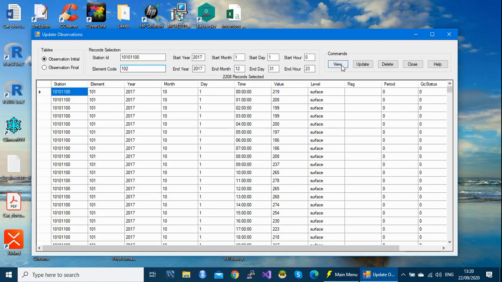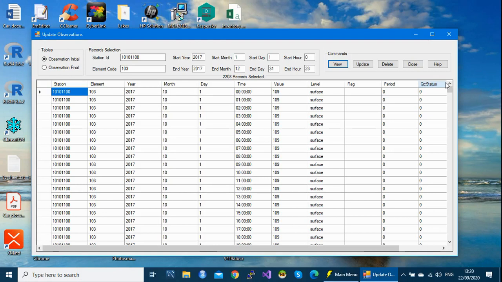If you view, here it is. So if we check the third parameter, 103, and we click on view, here it is. So that means our hourly data were imported successfully.